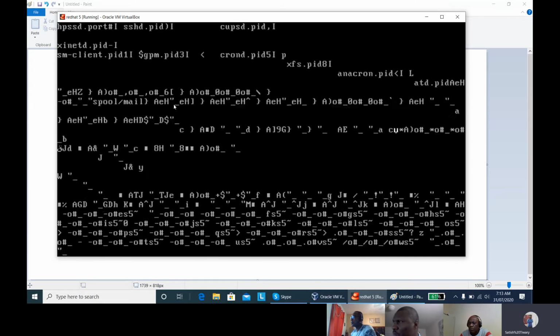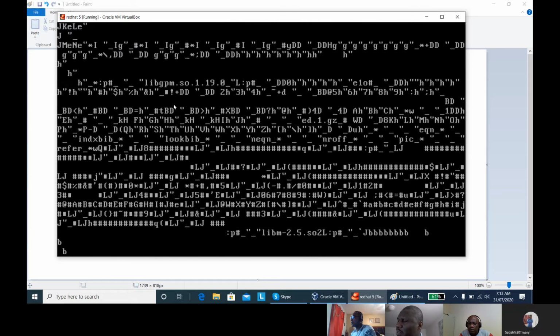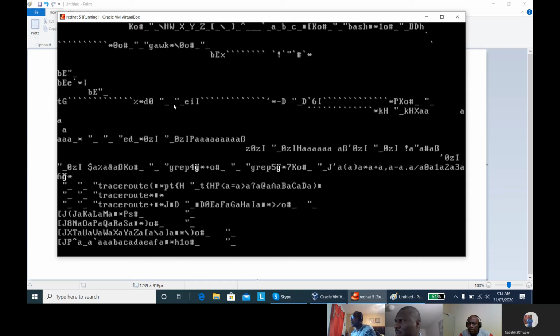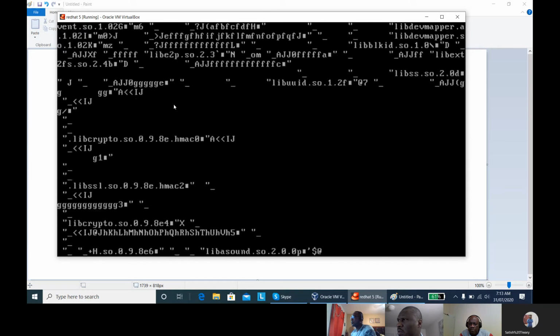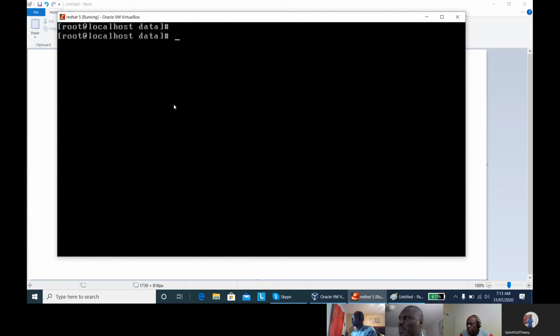How can you dump 19 gig to 2 gig? The hard disk is 19 gig, and the output file, the OF, is 2 gig.